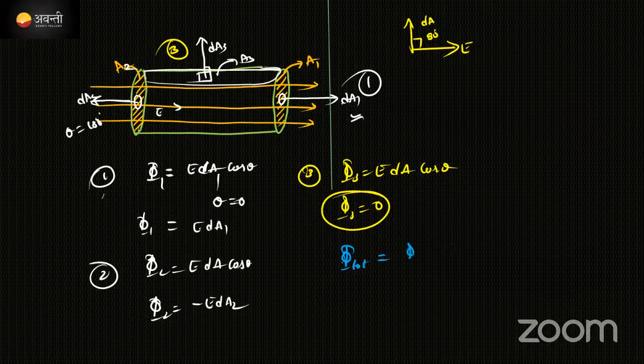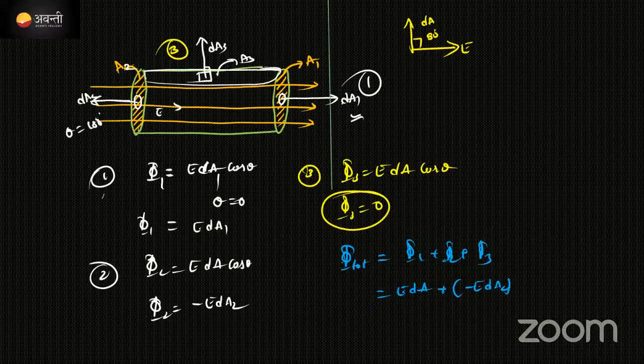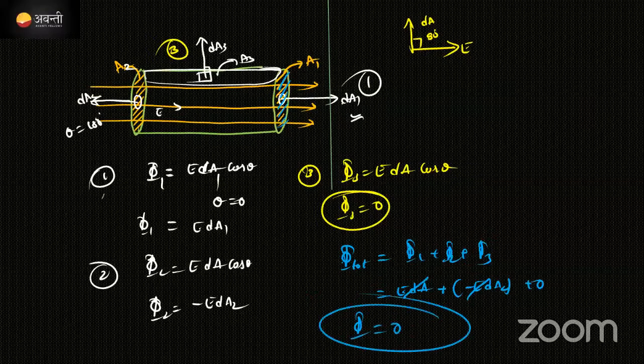If we need to add all the flux, total flux will come out to be phi 1 plus phi 2 plus phi 3. phi 1 का वैल्यू E dA1 प्लस phi 2 का वैल्यू माइनस है, देखो माइनस E dA2 and phi 3 वैल्यू 0, करेक्ट ना. इधर dA एरिया है ना, area both sides same, hence these two will be cancelled out. Then total flux value क्या आ रहा है, 0. Total flux value will come out to be 0, right? Are you agree with this one?